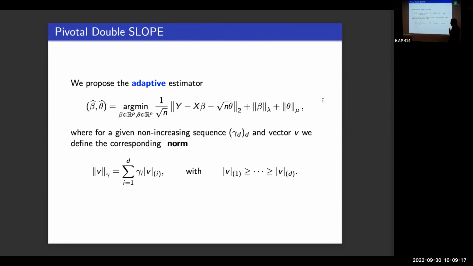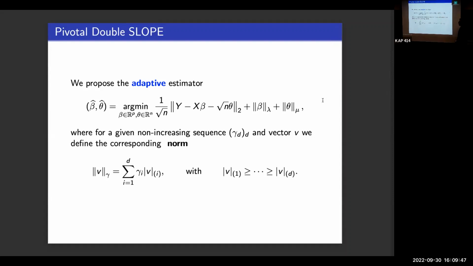The other thing in the literature is what we call the slope estimator. It replaces the L1 penalty by something that we call the sorted penalty, where rather than penalizing all the entries at the same level, we sort them and penalize each one at a different level. So the larger values would be penalized with a different threshold compared to the smallest values. That's what we call the slope estimator. Again, this is a different ingredient that you can use.